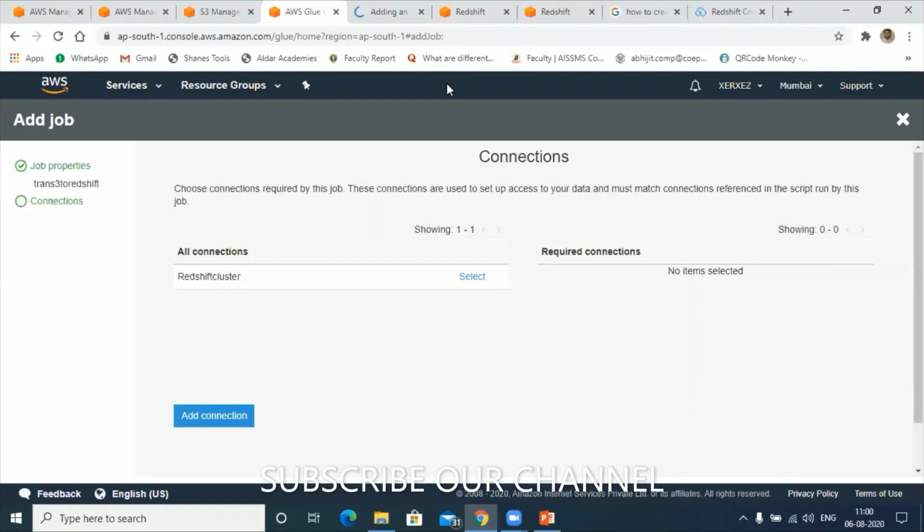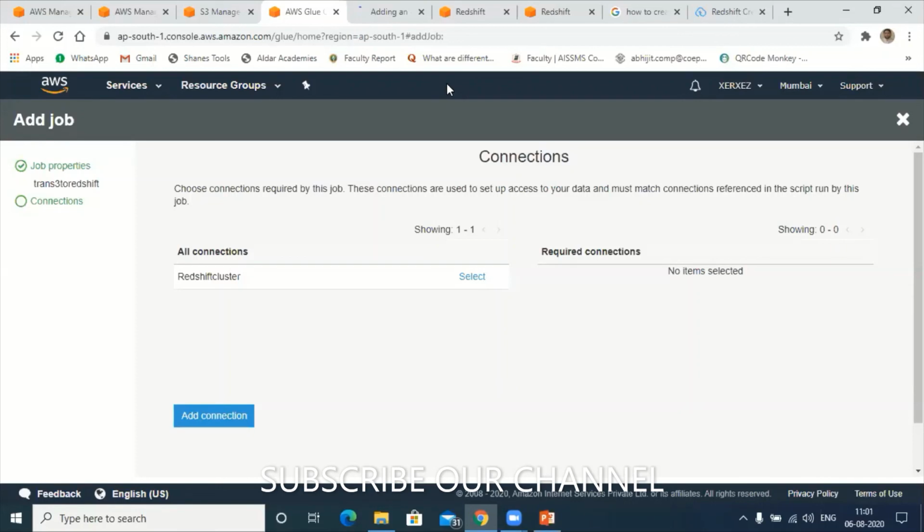It was because of the role we created. In the role, we gave access only for Glue. Glue can perform all the activities within that module, but we haven't given the access for Redshift as well as for S3, for Glue to get the data from S3 and to transfer the data from Glue to Redshift.